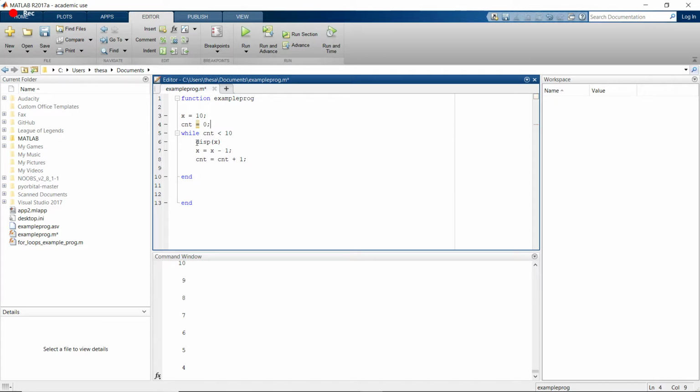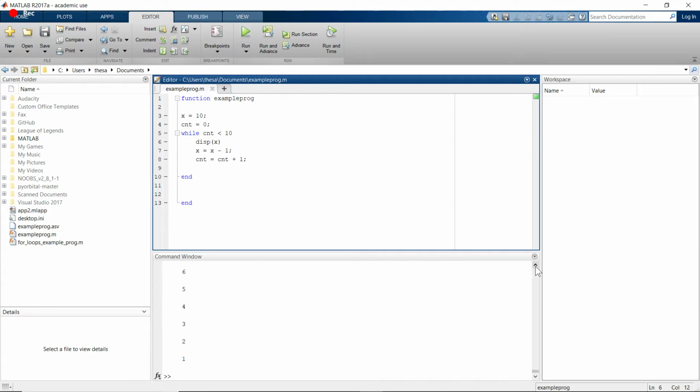So now let's look at the program again. So this while loop is different. It's not doing something infinitely many times. It's doing something while this counter variable is less than 10. So it's going to continue doing this set of instructions and changing the value of counter within itself. So if we look at it, it's going to keep subtracting 1 from x, but it's going to be adding 1 to counter. And then it's finally going to stop once this counter variable reaches 10. So if we run the program one more time,